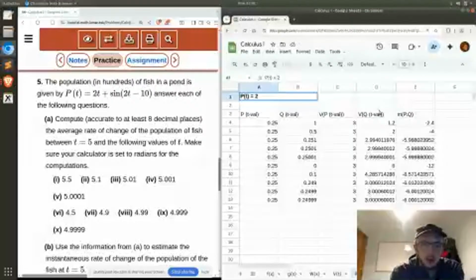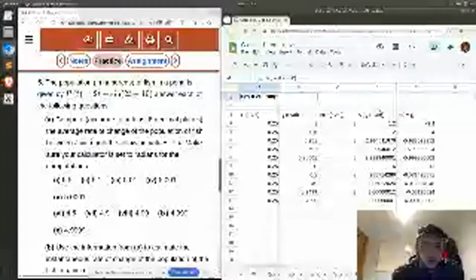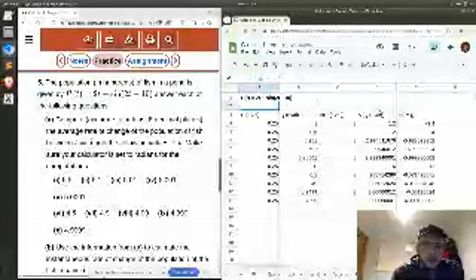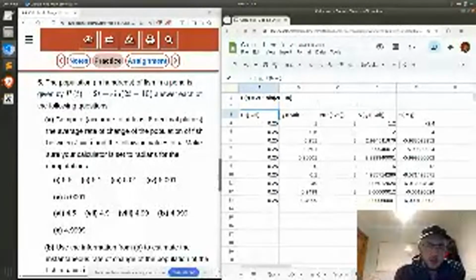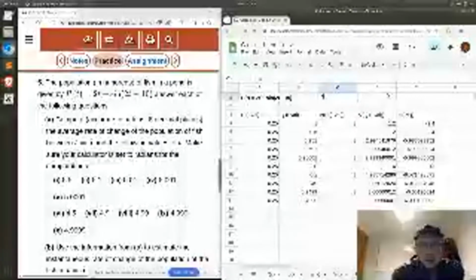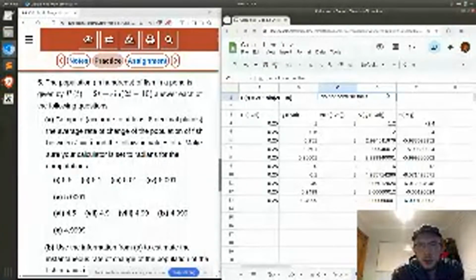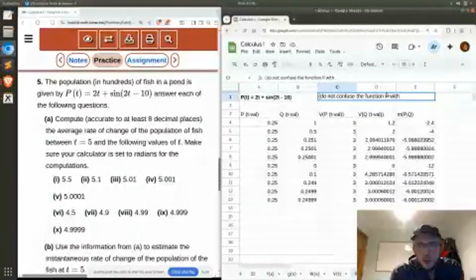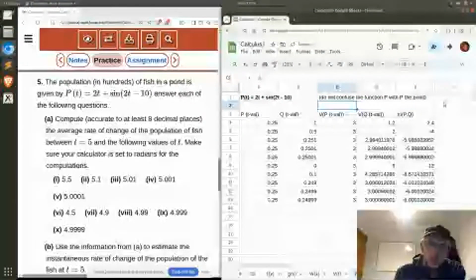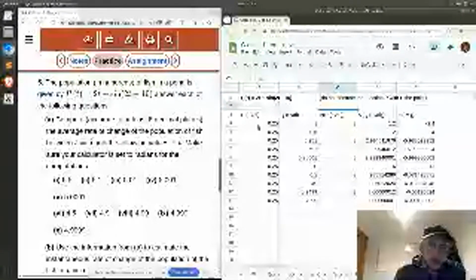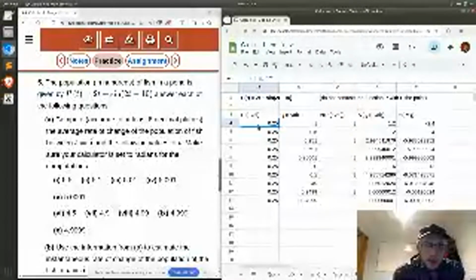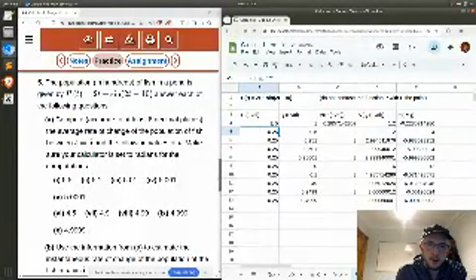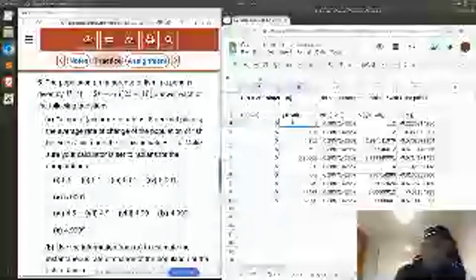P of t equals 2t plus sine 2t, take 10. And do not confuse, and so here the default value is 5 that we are pinpointing our focus on. And then